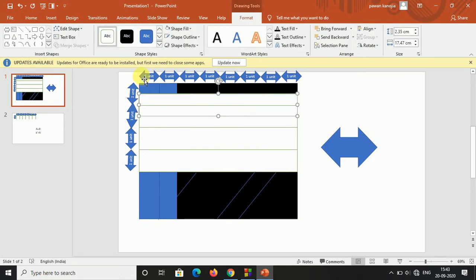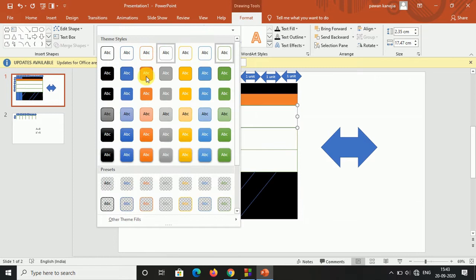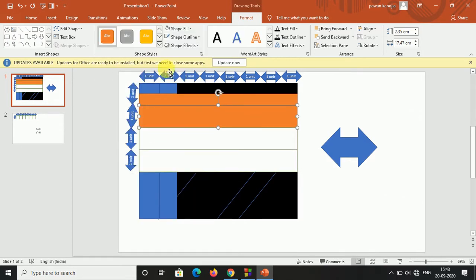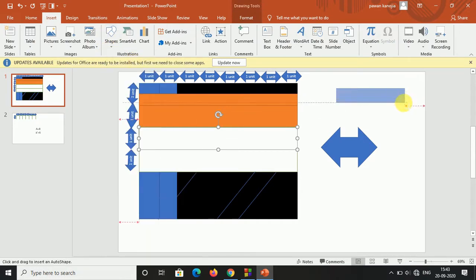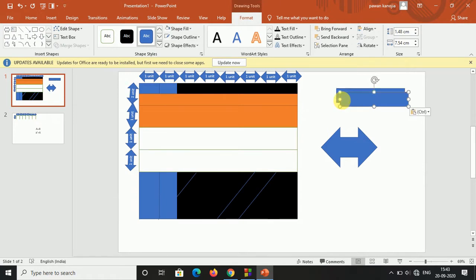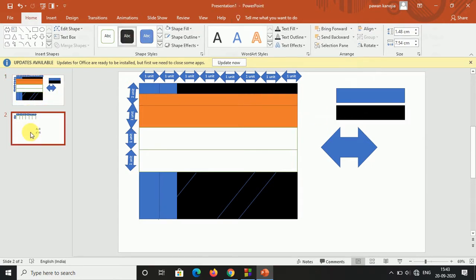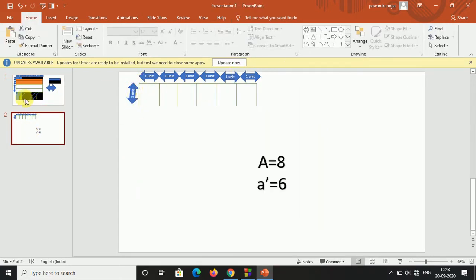So I'm taking the other 1 and 2. 2 will be overlapped here, and when it is overlapped, it will show like this, 1 and 2, like this way. And again I will overlap, so only one unit will remain. So now from here 1 and 6 units have been completed.